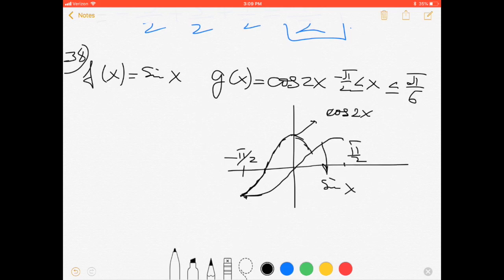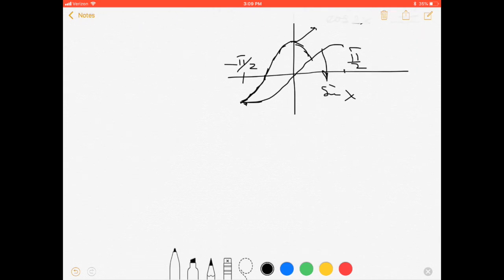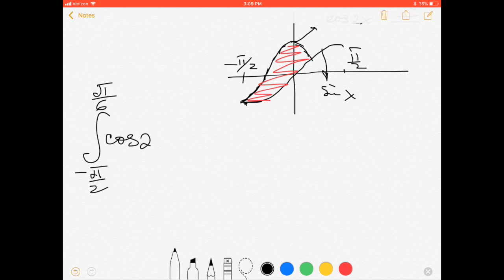What is the intersection point? The intersection point is exactly pi over 6, because sine of pi over 6 is 1/2. Cosine, if you plug in pi over 6, it will be pi over 3, it's exactly 1/2. This means we don't need to find the intersection point. We need to find only this area. Use our integral. It will be the integral from negative pi over 2 to pi over 6 of cosine 2x minus sine x